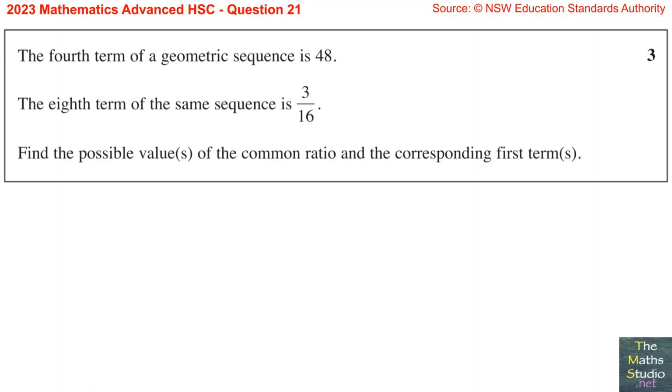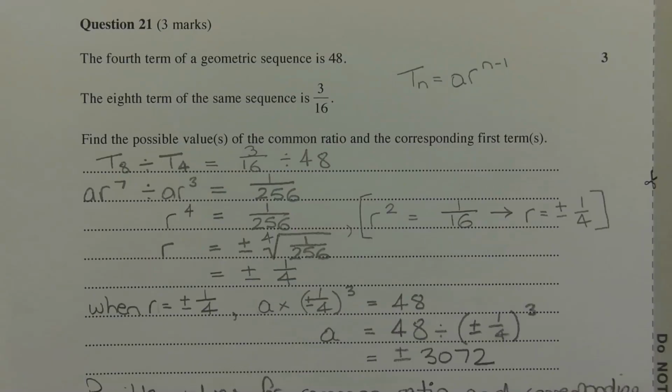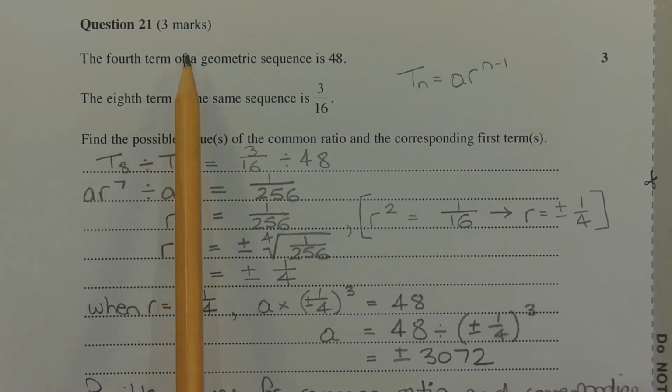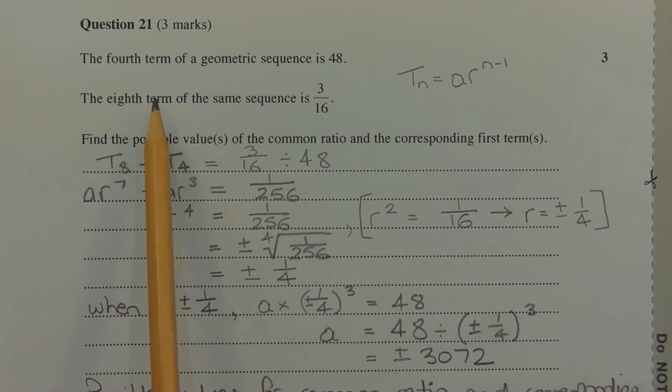Question 21. The fourth term of a geometric sequence is 48. The eighth term of the same sequence is 3 over 16. Find the possible values of the common ratio and the corresponding first terms. Start by finding possible values of the common ratio by considering the fourth term and the eighth term of this